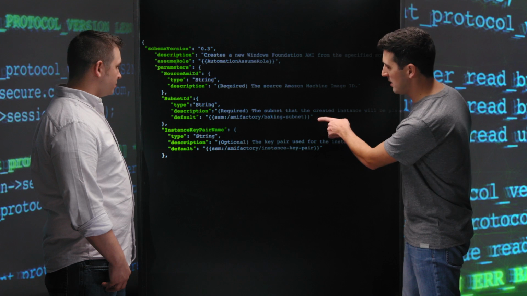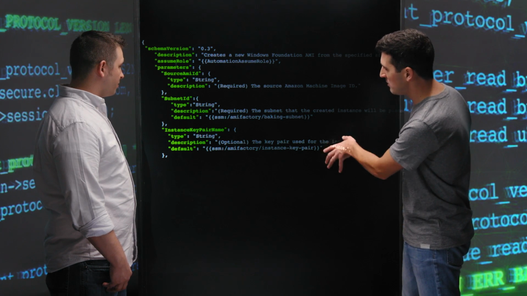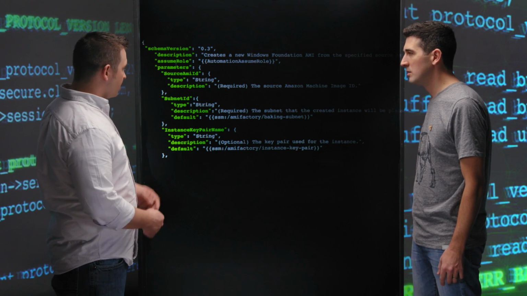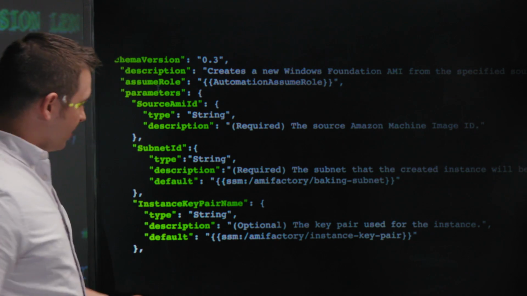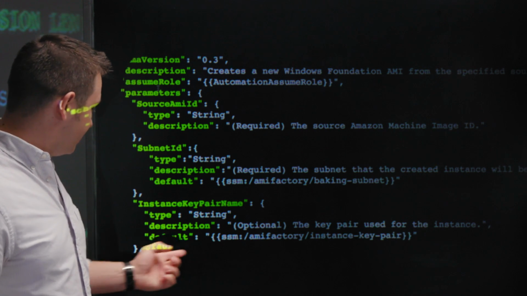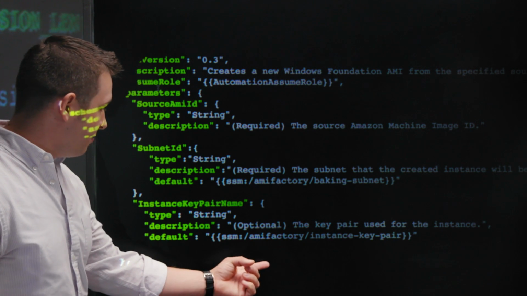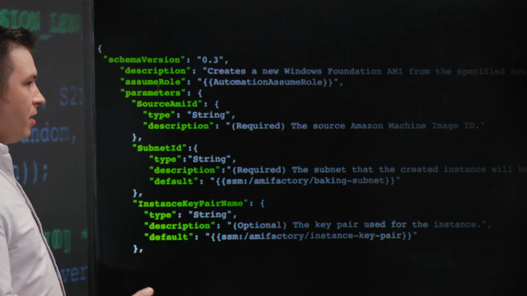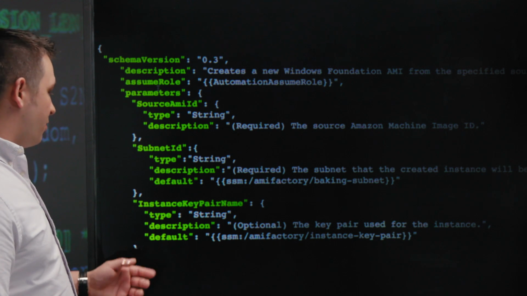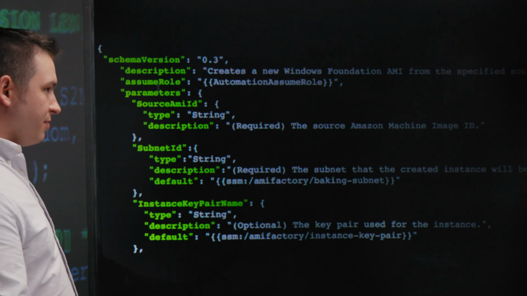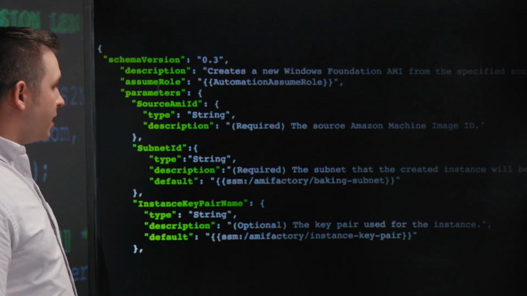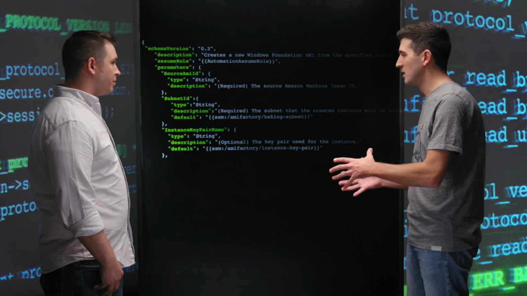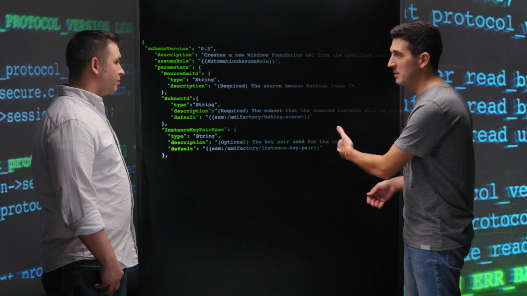Got it. So how do you actually do that? I see you have what looks like SSM Parameter Store values in there. What are you using those for? Right, so that's actually what allows us to reuse the document for different operating system versions. So in this case, it's defaulted to an SSM Parameter Store value scoped to AMI factory, and here we're referencing the instance key pair. But we use this for all of our configuration steps in there, and we're able to reference different SSM parameter values for the different operating systems. Great, I see you have subnet there too. Yes. Okay, cool. So step one is really putting your parameters that are passed into these automation documents into SSM and then referencing them from within the documents.